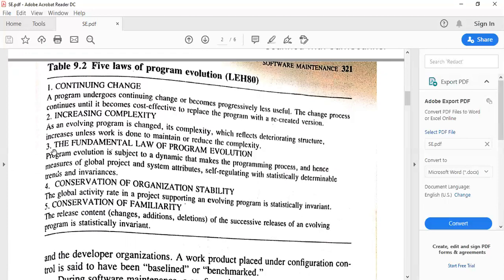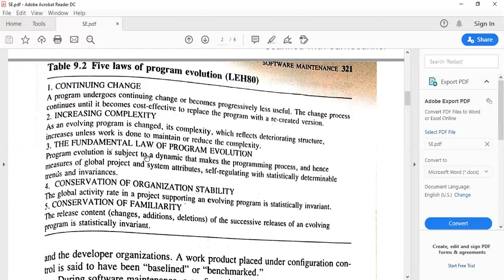And the third law is the fundamental law of program evolution. Program evolution is subject to a dynamic that makes the programming process and hence measures of global project and system attributes self-regulating with statistically determinable trends and invariances.